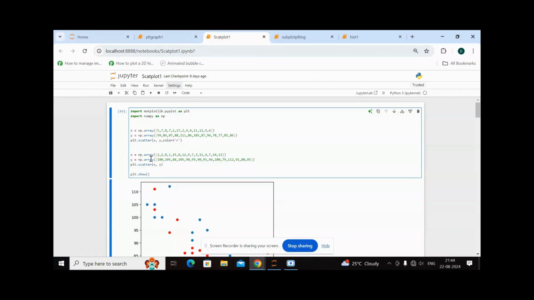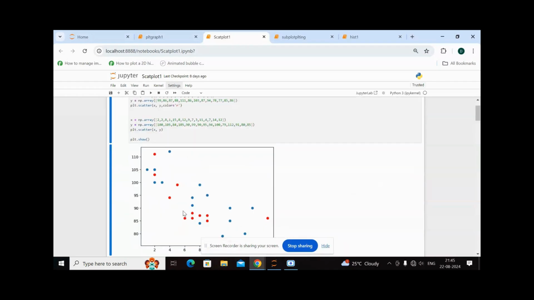Similarly, I have taken another two array values, x and y, and the scatter plotting of x comma y, but I have not mentioned a color here, so by default it will be taken in blue. So with plt.show, the values will be represented in the graph in scatter format. It will read all the values from the array set, then plot the graph in scatter points.